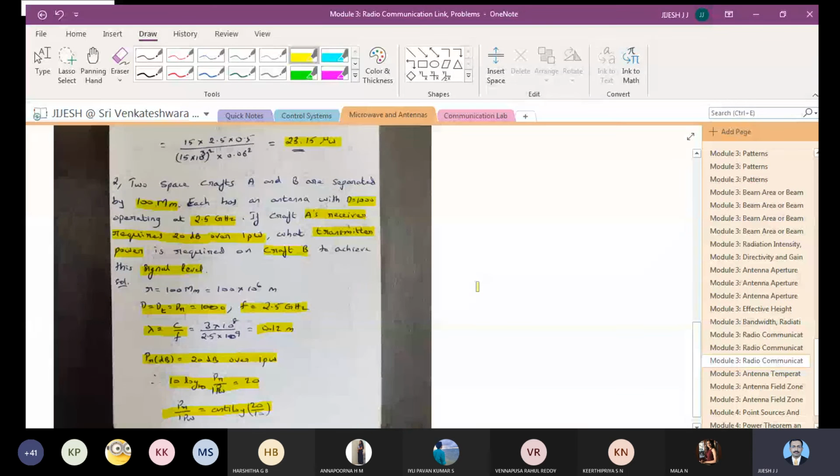So when you complete it, write down this question and solve it till here. After that, you have to find out the transmitter power. You have to find out the PR first. You will get a value. Any one of you got PR? What is the value for PR? Just let me know what is the value of PR.